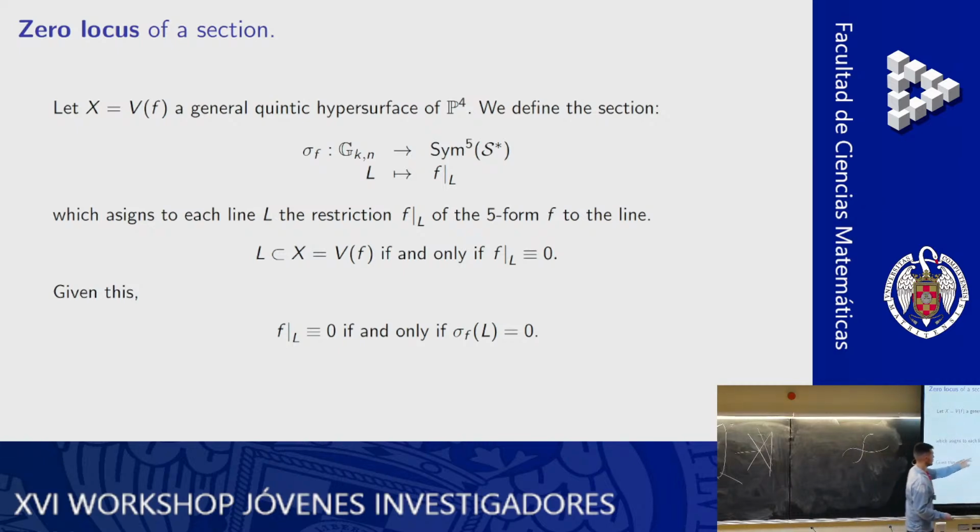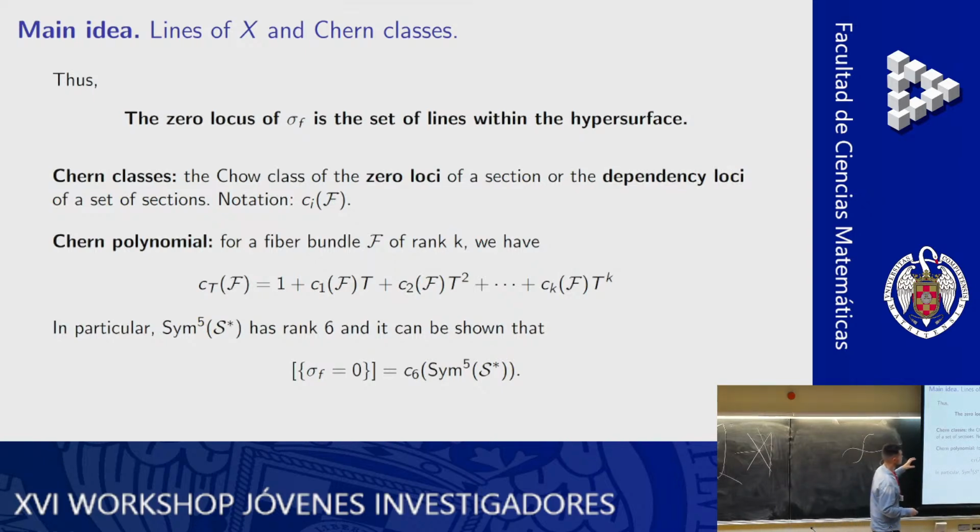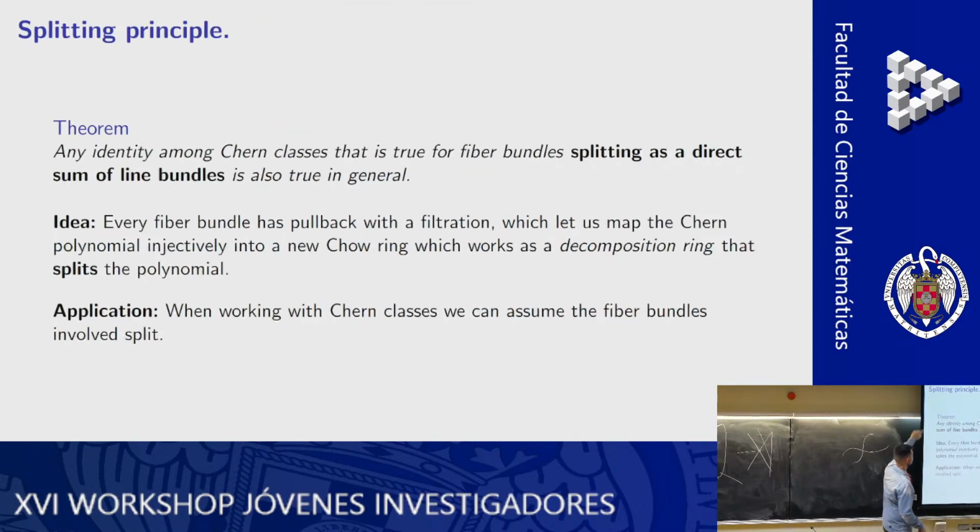So that's a really good way to put it, because it happens that the zero loci of sections of fiber bundles are some really good types of Chow classes, which are called Chern classes. Chern classes in general are those kinds of Chow classes. They are the Chow classes associated to zero loci of sections, and okay, it's a really general definition, but we are going to arrange those Chern classes in a polynomial, and those polynomials behave in a really good way, because